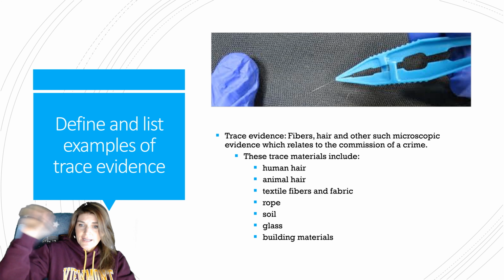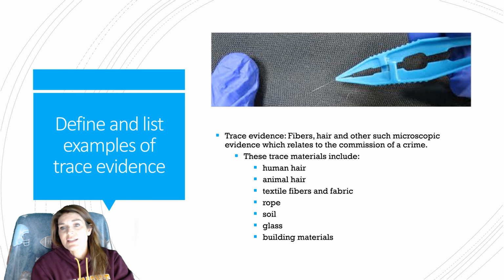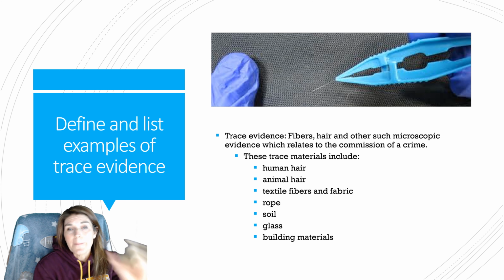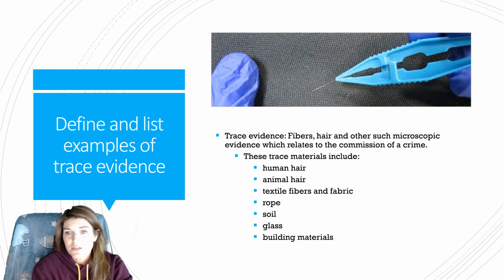Okay, so starting here is the definition for trace evidence. So it's going to be fibers, hairs, and other microscopic evidence which relates to the commission of a crime. So commission, if you look at the root word, is commit a crime. So this is committing a crime. So I've included some trace materials here,